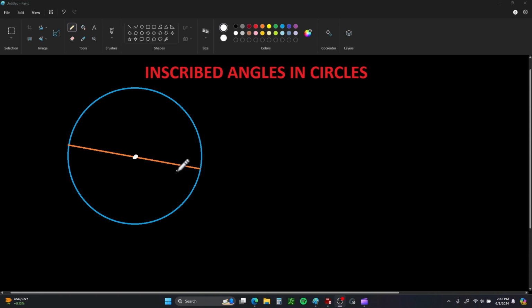So here we have the diameter of the circle, and if I was talking about the central angle, I would be talking about this angle over here. So the intercepted part of the arc is going to be 180 because it's half the circle, and this angle over here is a straight angle, and that's also 180 degrees. But now when we talk about an inscribed angle,